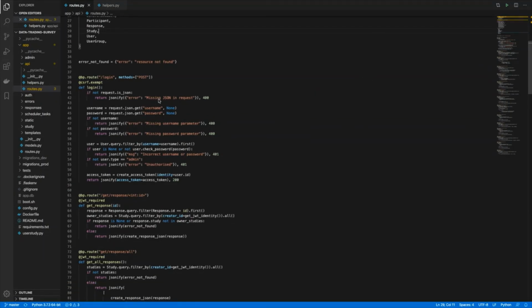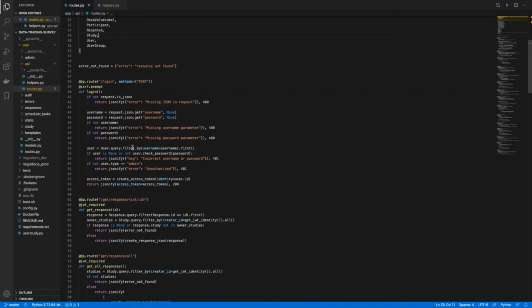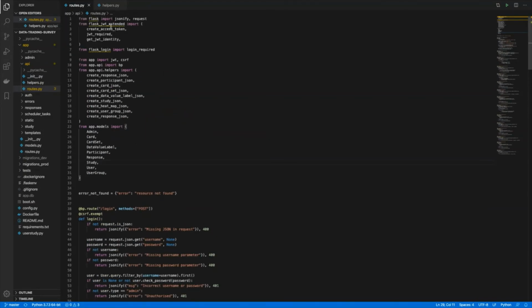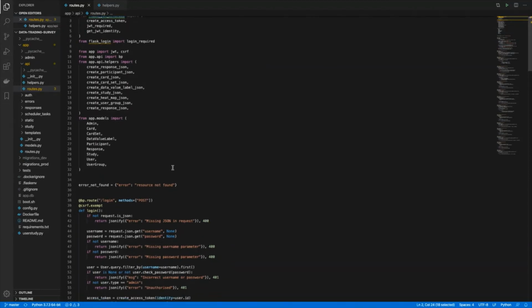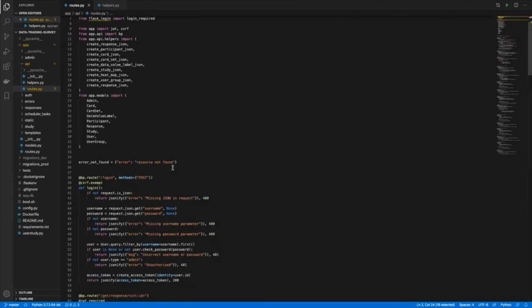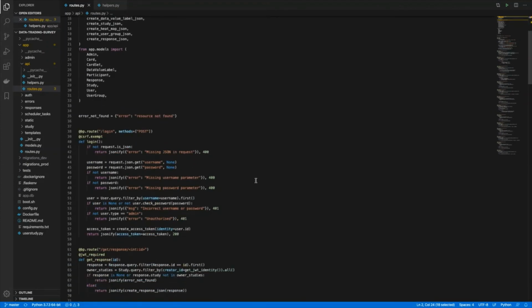So I use this Flask JWT Extended package, which is a JSON Web Token authentication method.